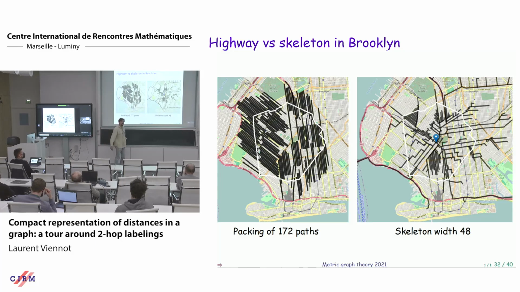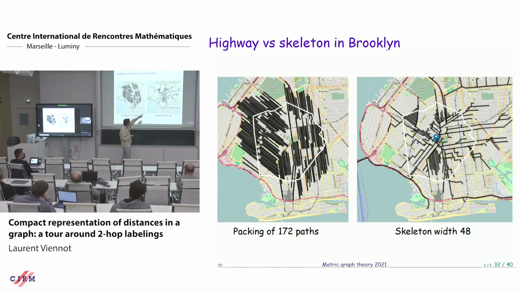So now what about grids? So let's take a practical grid, Brooklyn. And the white thing here is a ball of radius 5 minutes or 10 minutes, I don't remember exactly. And the node with the blue pin is the center of the ball, and the black thing on the right is the tree skeleton of that node. So you see that in the grid it's okay, except when you have these diagonal roads that can make many nodes.